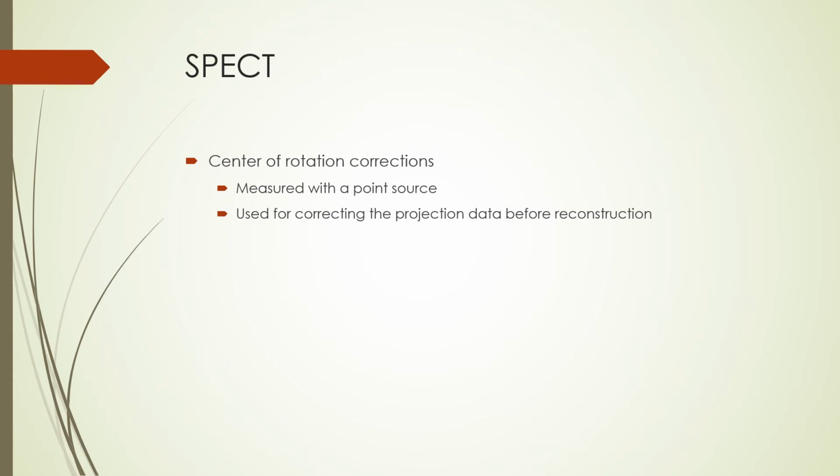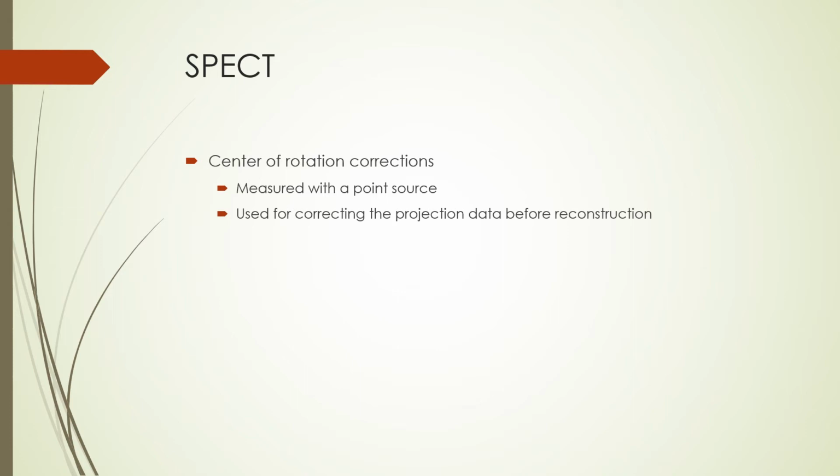The center of rotation information used in the reconstruction process must be corrected to avoid data misalignment and artifacts. The center of rotation is measured with a point source and the correct center of rotation established. Projection data is first shifted by the difference between the center of rotation and the center of projection matrix before